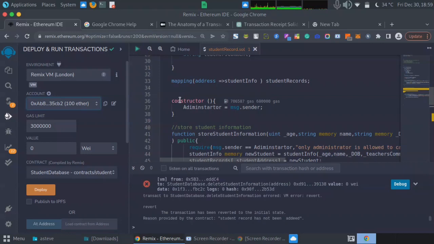Immediately our code is deployed to the blockchain, this constructor function is called, and this msg.sender is the address of the person deploying our code to the blockchain. Then we initialize our administrator variable here with the msg.sender. So it is at the point of deploying our code to the blockchain that we are setting